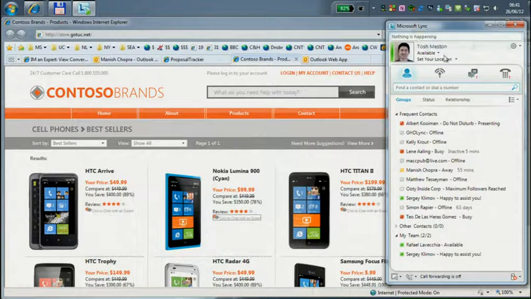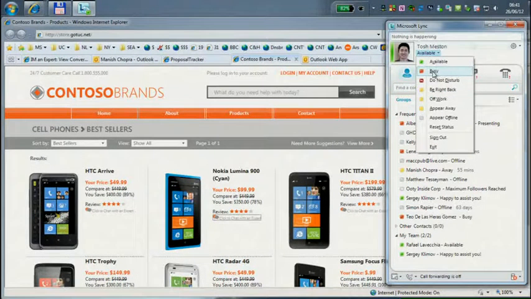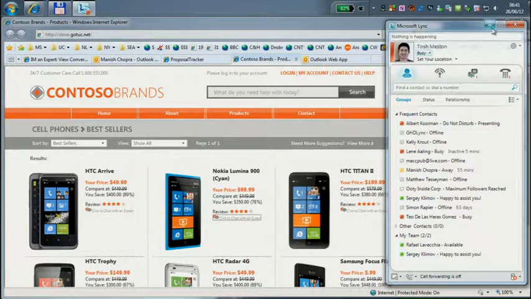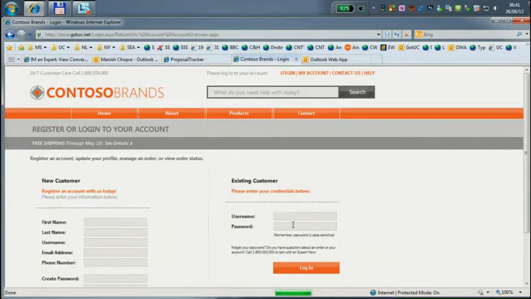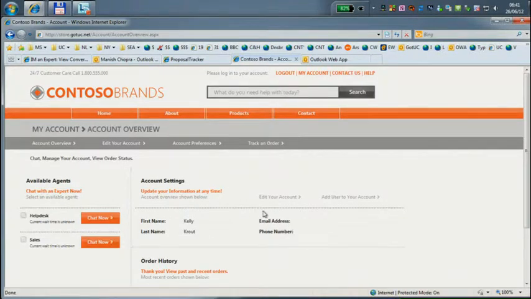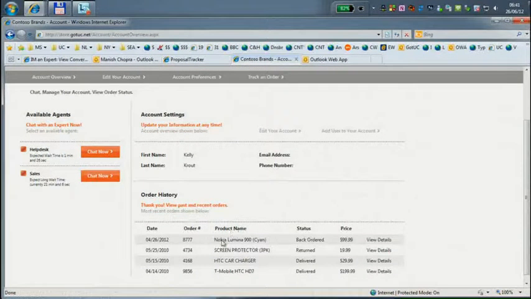Now, what many people are asking me as well is, hey, can I do this actually also not in an anonymous scenario, but imagine that I have a customer portal, right? So let me actually show you that scenario as well. So I've got here my account, and I can log in as a customer. Our customer in this particular case is called Kelly K. And I'm now logged in to this particular website, and I can see my information. Here, this is my account settings, and I can see what phones I've ordered.